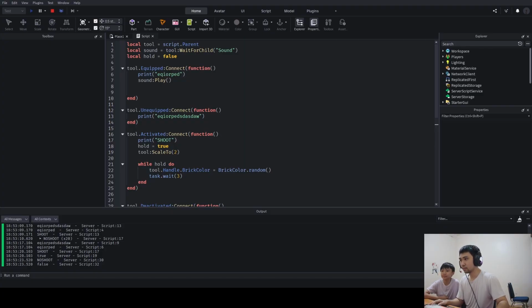So we're just going to hard code this statement just for the sake of this tutorial. And what I mean by hard code is we're going to get our literal player that's inside of the game. So this will not work in a regular Roblox game, so I'm just going to put that out there. But essentially what we're going to do is say game.players, and we're going to try to find